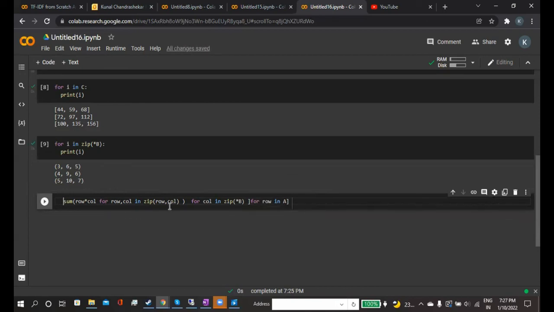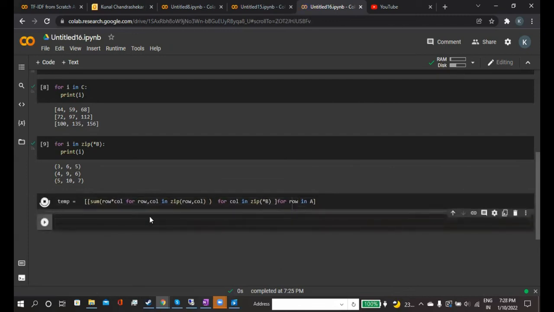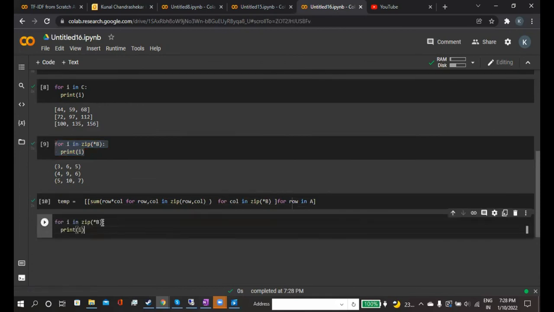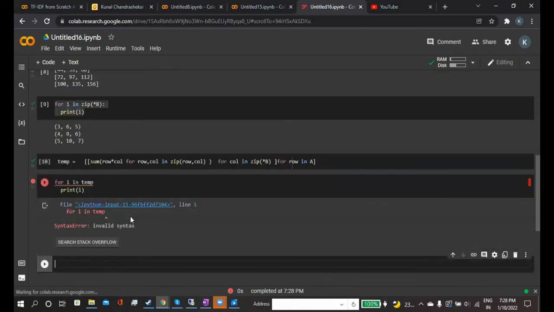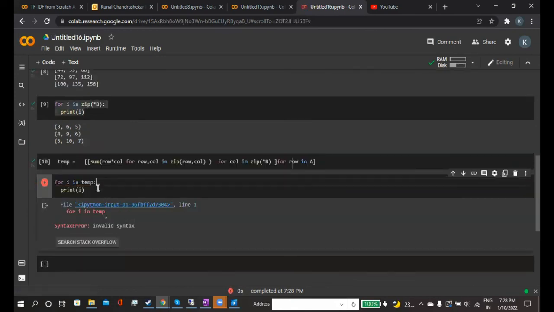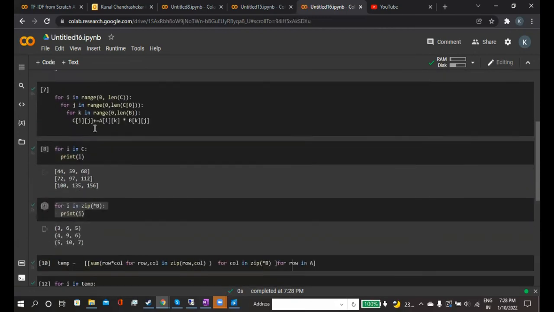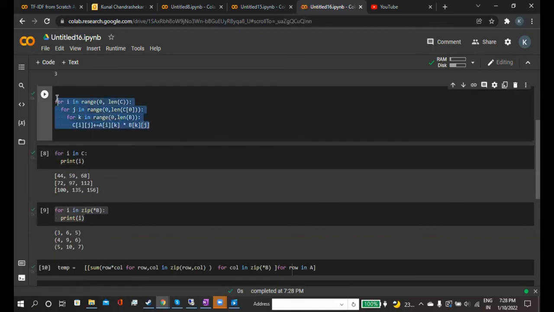So that's it. Here we can end our list comprehension, and then we can store this value in temp and run. Now if I print this temp, you can see that we have got the same answer which we got by writing those 3 lines of code.